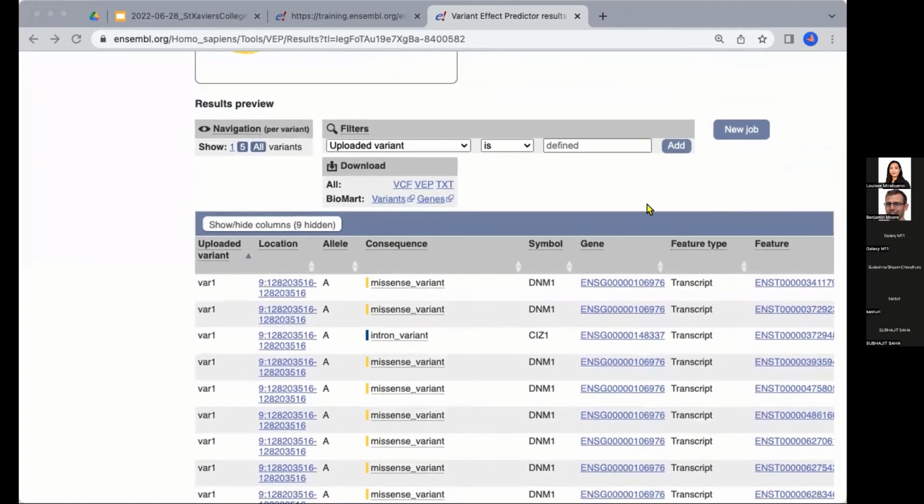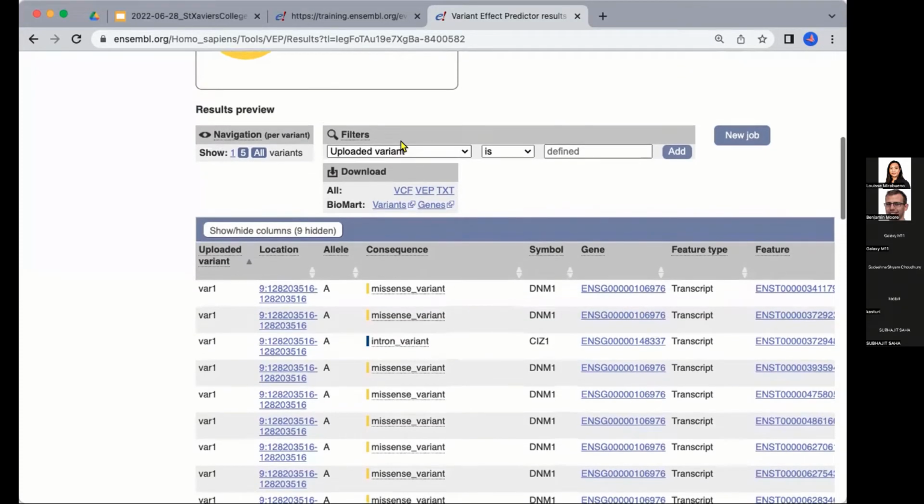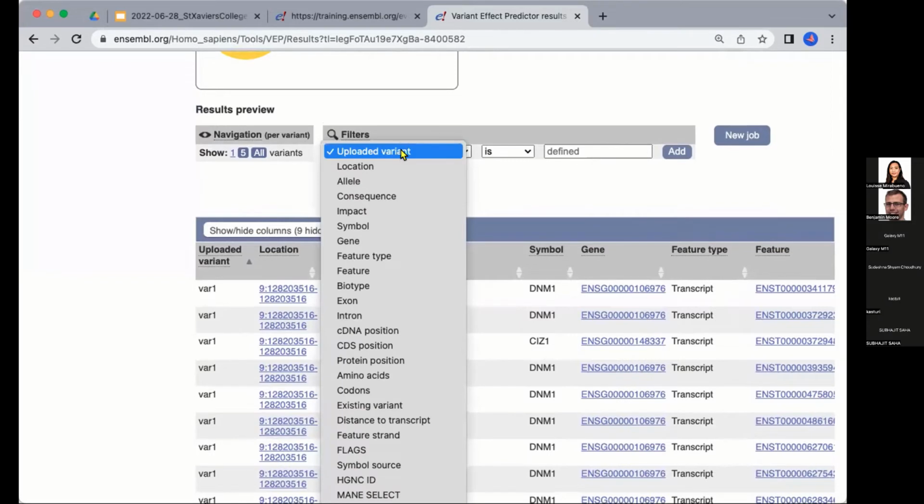You can also filter this table. So if you go to the top of the table, just above it, you have the section that says filters. And here, in this drop-down menu, you can select the column that you want to filter. So for example, if we wanted to filter the table by